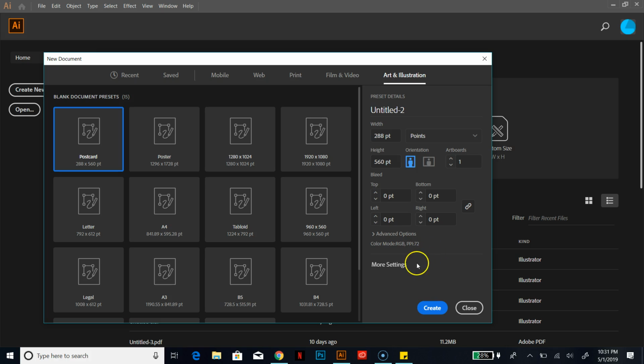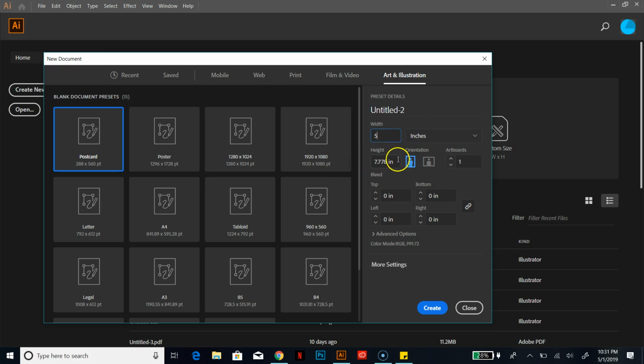So you probably won't be able to change this like you do in Photoshop, but you've got color mode, RGB, like we always want to be in. So if that says something different, let me know, and I will give you an example of how to fix that. So let's go ahead and change this to inches if it's not on there already,